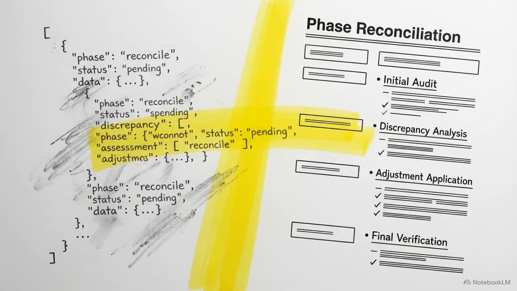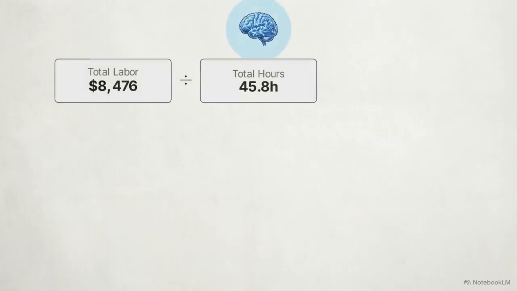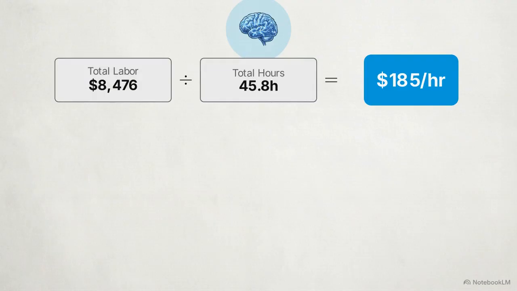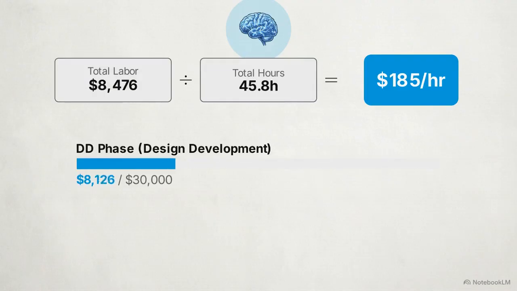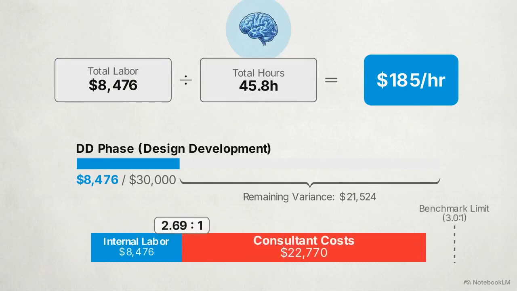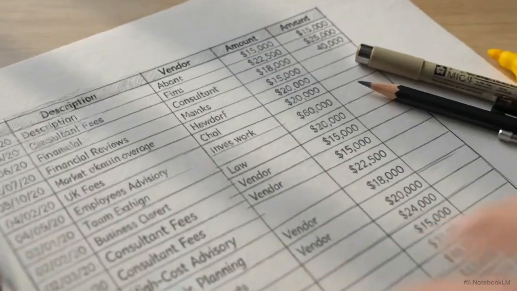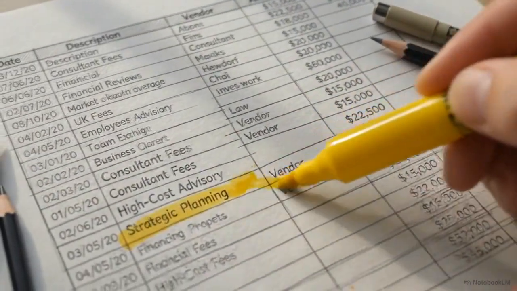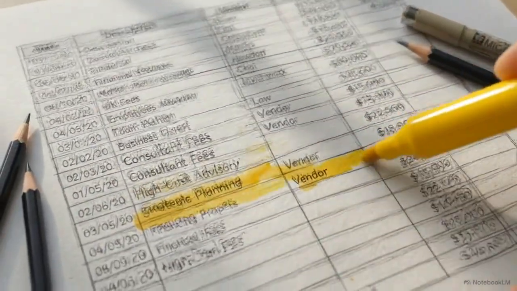We instruct the language model to act as a senior architectural financial analyst, ensuring the unformatted code is translated into a structured, professional memo. The prompt requires Claude to calculate the effective labor billing rate for the period, check the variance against the phase budget, and measure the ratio of consultant costs against internal architectural labor. The language model operates as an active auditor, identifying financial risks and phase overruns before any documents are sent for